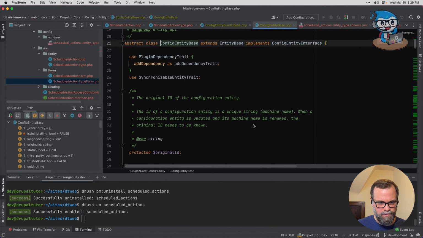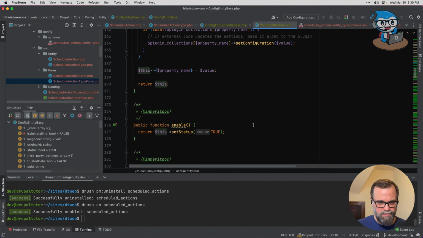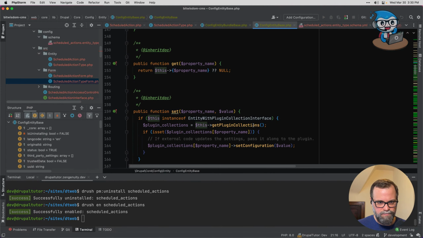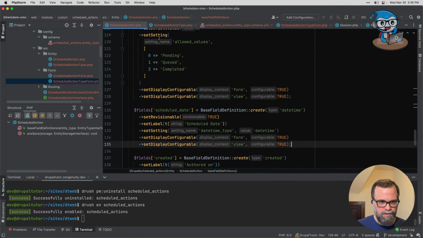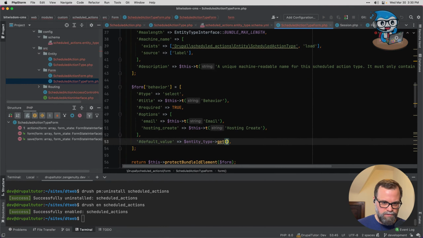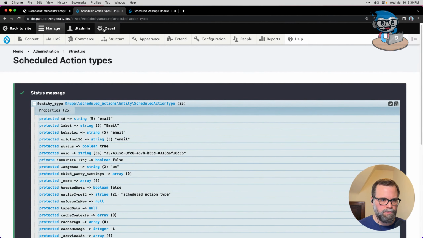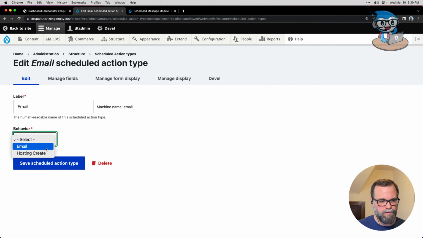Config entity base maybe. Sorry, this is a little bit of a detour. I'm just trying to make sure I understand this. Oh, so there is a get. Okay. So PHPStorm didn't auto complete it, but there is a get. Okay. So all we have to do is, let's try that. So if I click this now,